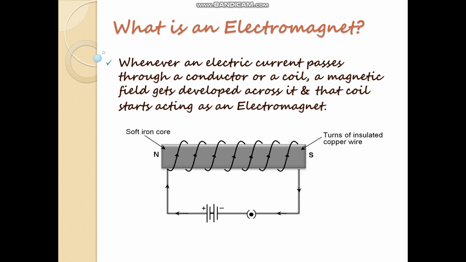What is an electromagnet? Suppose for a particular application, you need to create a magnetic field and a natural magnet or artificial magnet is not available to you. Then how to create the magnetic field? It's very simple. Take one soft iron core and wind one copper wire over it and apply a battery to this wire. When the current starts flowing through this wire, then this coil will act as an electromagnet. But when you stop applying the supply, or when the current stops flowing through it, then it will lose its magnetism.